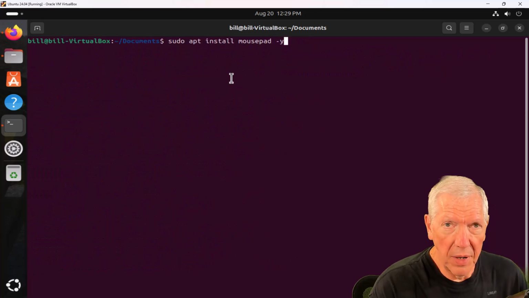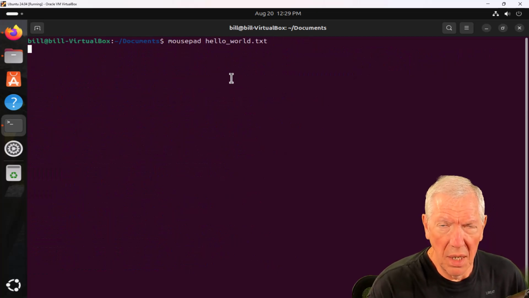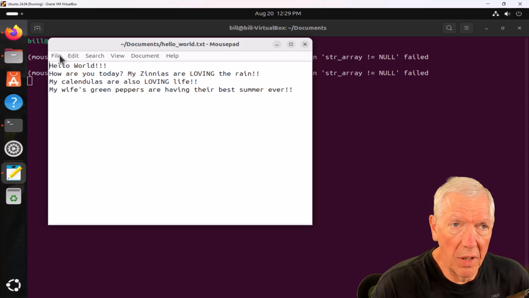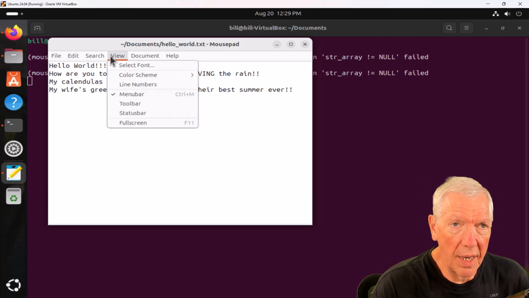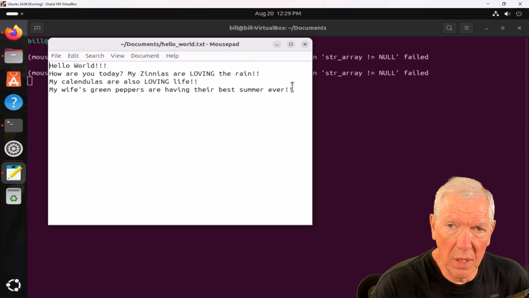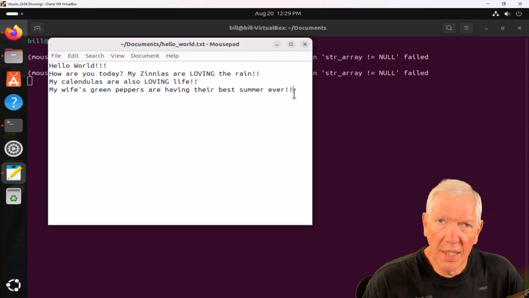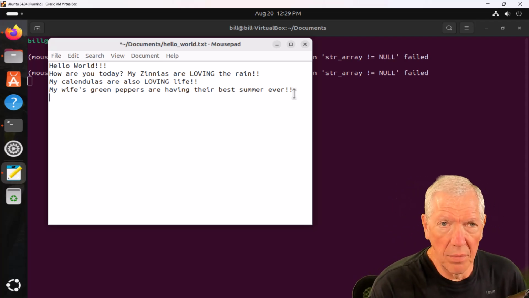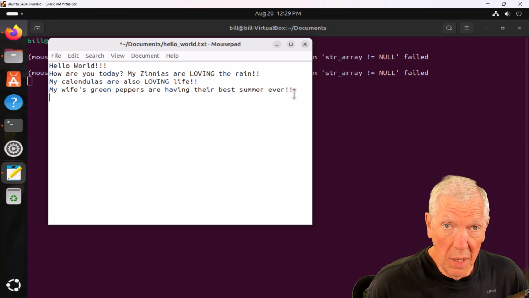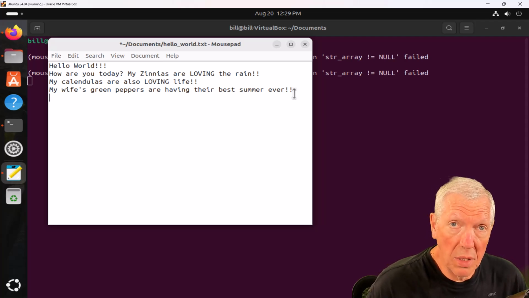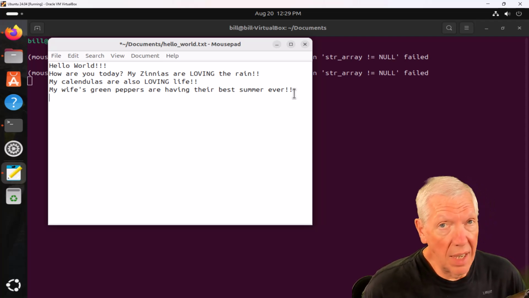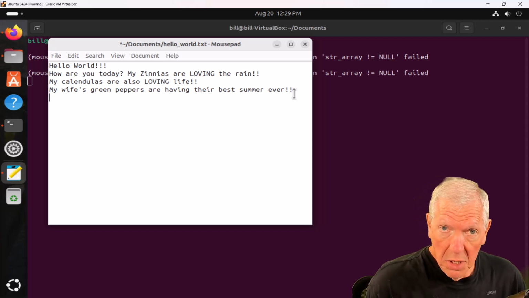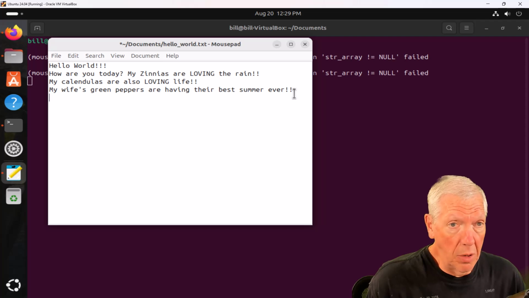And so now if I come up here and I want to open this thing, that's what it looks like. But you have a lot of other tools here, like File, Edit. So it's a little bit more robust. It's like a text editor on steroids. So it's like Notepad would be in Windows. By the way, when I'm in Windows, I like Notepad, but I actually like Notepad++ better, which is a text editor that you have to download and install, but it's really groovy. I like it a lot.